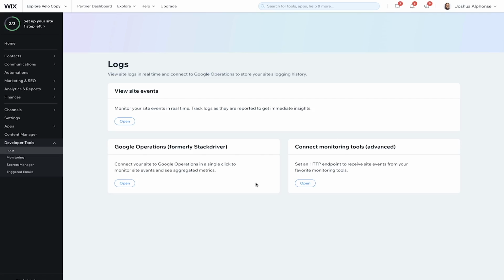So now that you know how to use some of these tools, take what you learned from the rest of the course, from creating dynamic and static event handlers and even using our front-end APIs, alongside these other tools that can help you enhance your site even more. So check out our forum, our API reference, and even look at the dashboard and connect your tools to Google Stackdriver, to Wix's monitoring tools, and even something else that's third party.